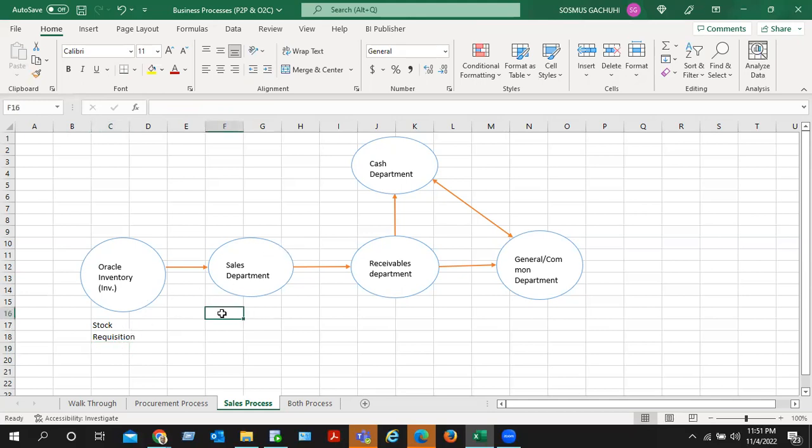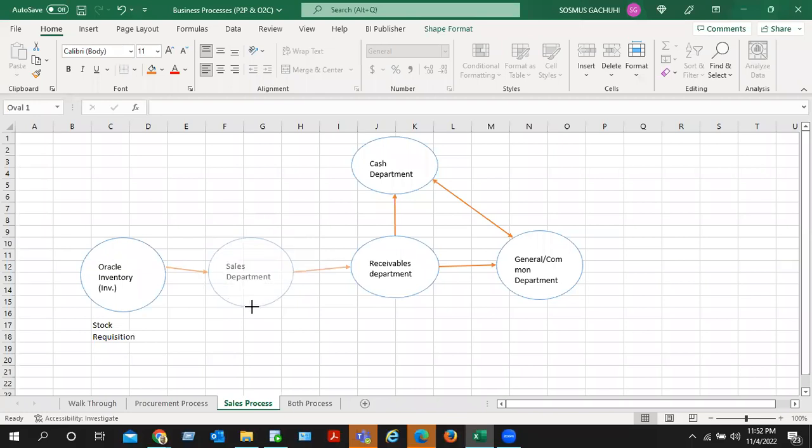And then the next process, this is where now the inventory department will confirm whether they have stock or not. If they don't have, they requisition so that they can sell. So under the sales department,